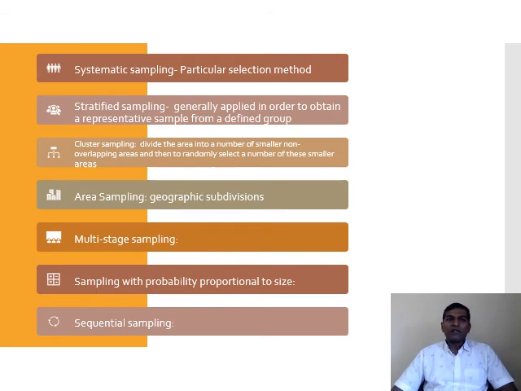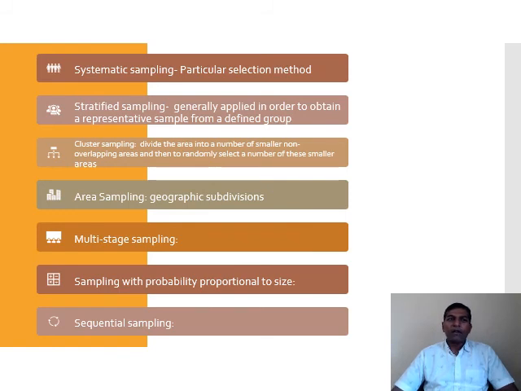We have cluster sampling. All the samples or all the data will be classified with the help of some particular characteristic or some particular dimension. So this dimension will make a particular class of items which are similar in characteristic and dimensions, so that a cluster will be formed, and this cluster is known as a group, and then the samples can be collected.